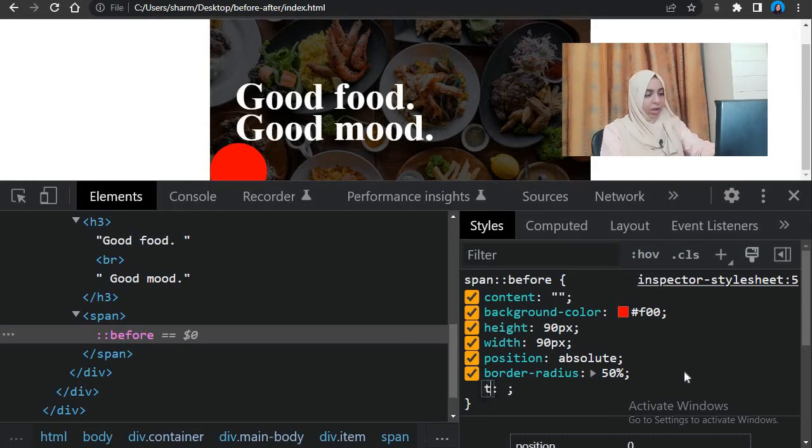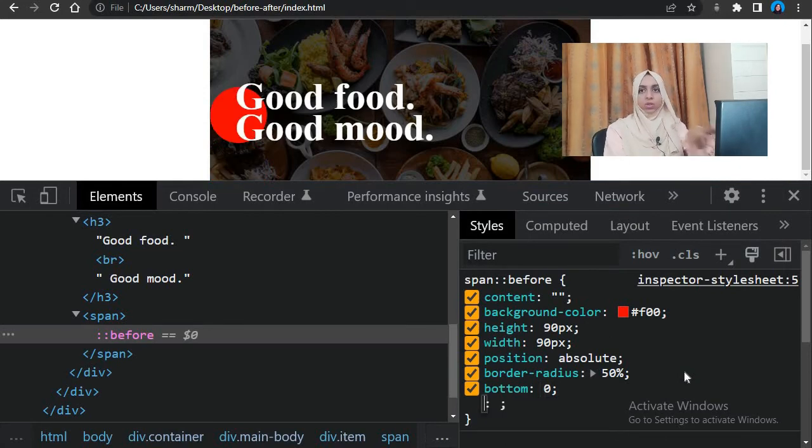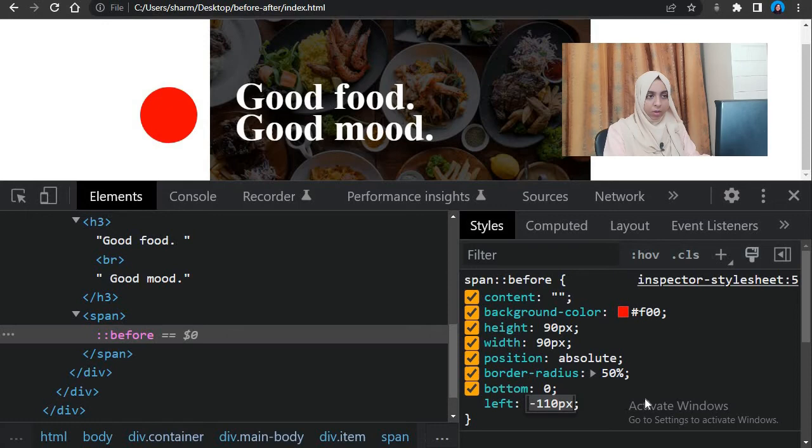We have that before over there. We want to give it a top of 0, or maybe we can give it a bottom of 0 so that it is aligned from 0 from the bottom, so that it comes along with the line. Now why is this happening? The span element is an inline element, right? It's not a block element, so it is properly aligning itself with the bottom over here. This is your span bottom, so a bottom of 0 brings it up. And here you give it a left of 0 and just pull it in minus so that it goes outside your div, right?